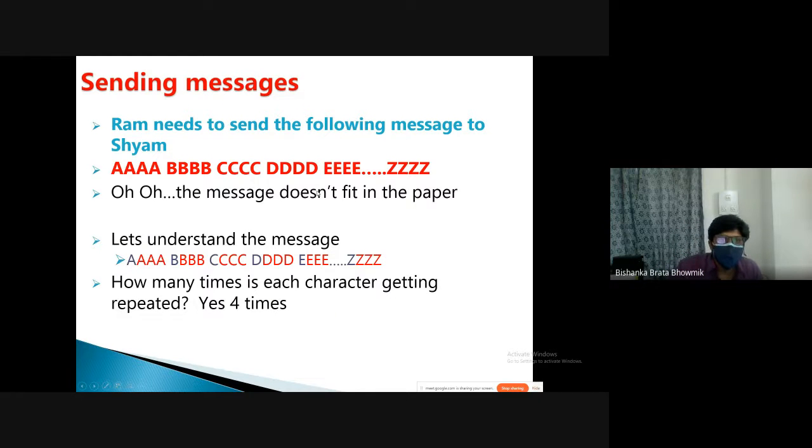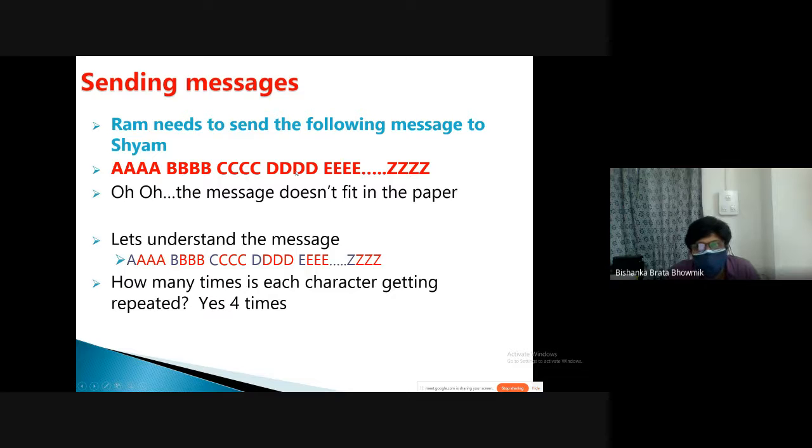You can use repetition, maybe my name is Ram and my name is Sham. Now, you give them one small piece of paper, and you give them a large paper where this kind of data is written. That means you're repeating A 10 times, where here it is repeated 4 times. You can make it 10 times, B 10 times, C 10 times, because they have to understand that the number is very big, or the data they are going to transfer to another friend has to be very large. Now, in this case, A is repeated 4 times, B is repeated 4 times.